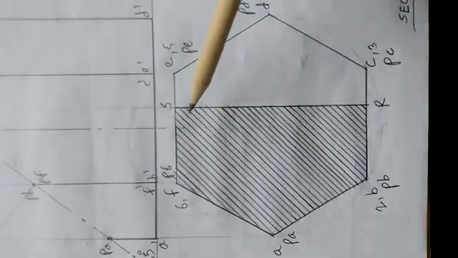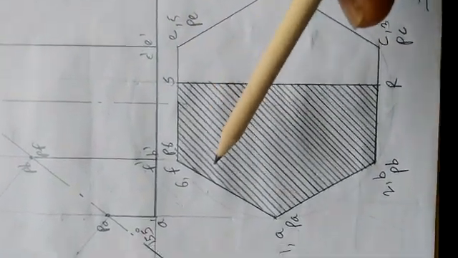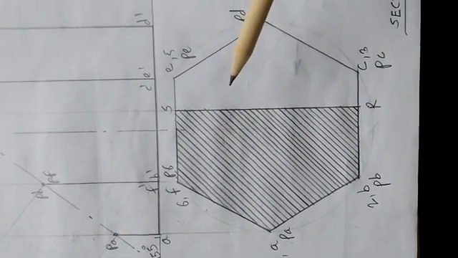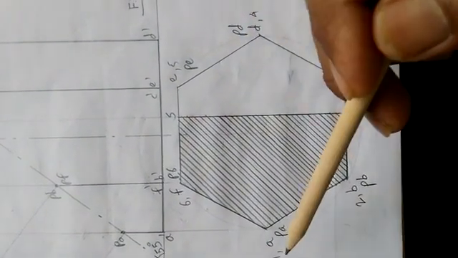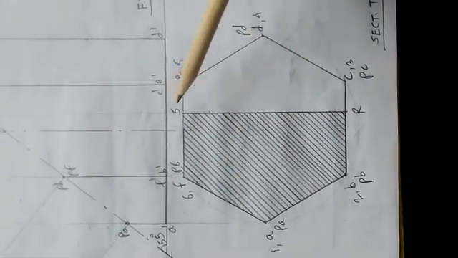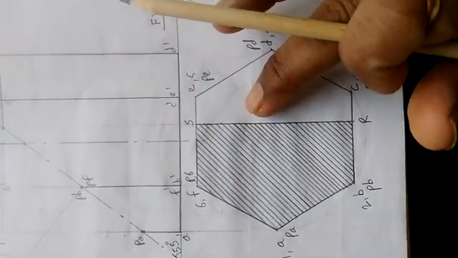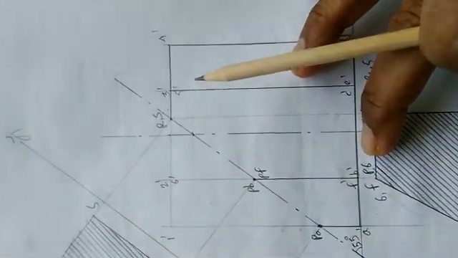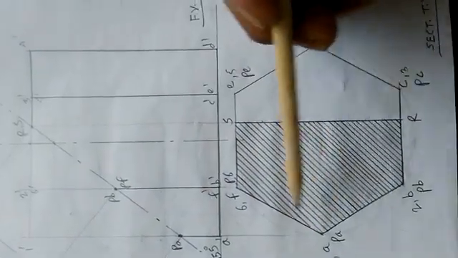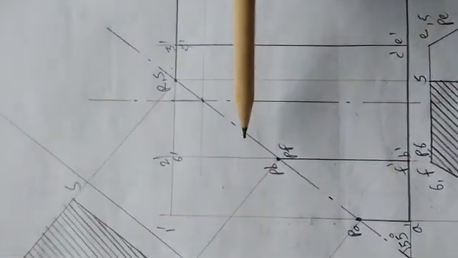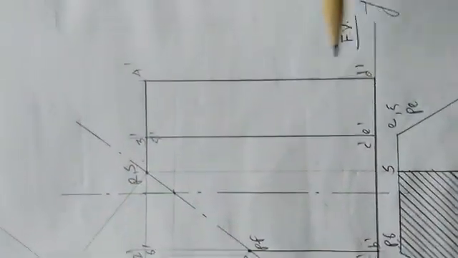So XY line I have drawn here, VP and HP written just below the XY line. I have drawn this regular hexagon in this way, which is nothing but reflecting its top face as well as base. So double names, alphabets as well as numbers, I have mentioned here. Accordingly, the first image I have completed as its top image. So the corresponding front image will be like this. Now project all the corners in this way from HP over to top over to VP and accordingly name.